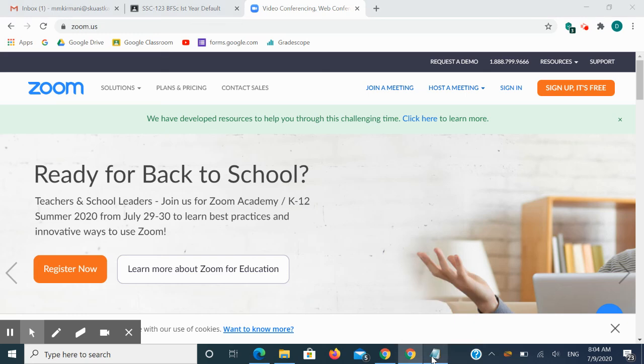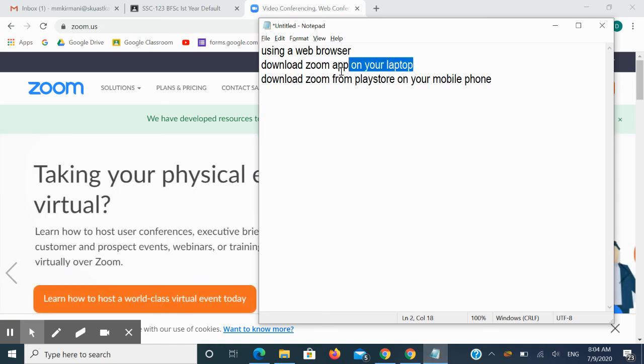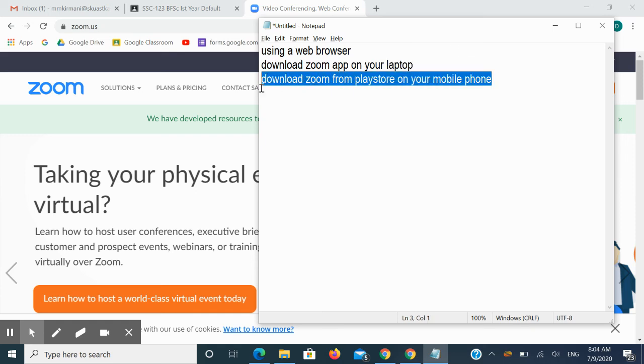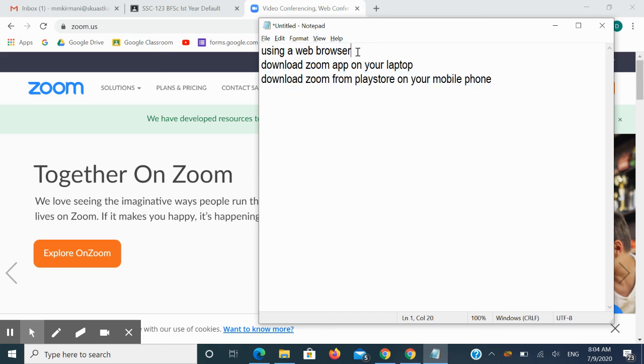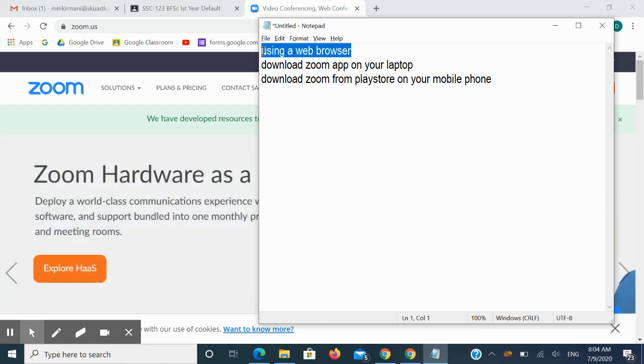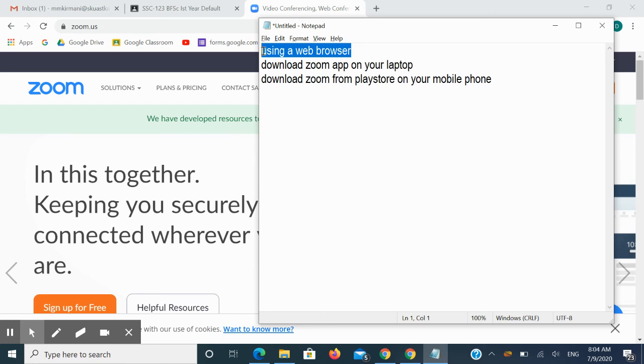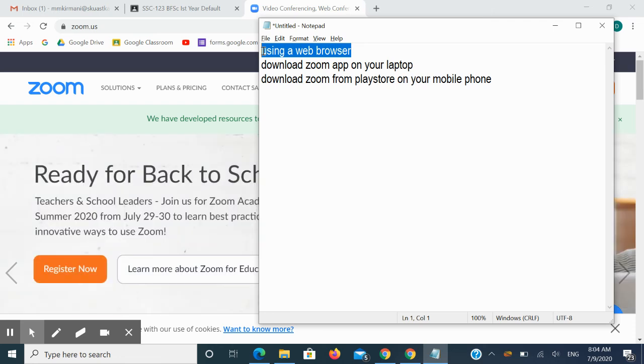So therefore what we have understood today is, first, we used a laptop for using Zoom so that we can share our screen. Then second, we used a mobile phone to see how Zoom will work. Then third, we used a web browser. There are two methods when we are going for a web browser. Either you can continue with joining a meeting without signing in, or you can sign in and then host a meeting. Though there are options available so that you can host a meeting with a free version also, it's always preferred that you should log in in order to host a meeting.